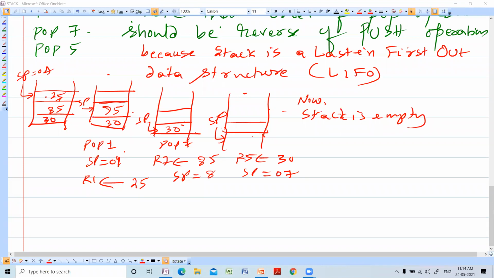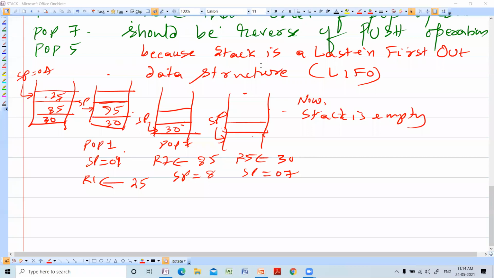It's a very important concept, stack, and the sequence of operations performed by push and pop operation. This is very important as far as the examination is concerned. Till here, whatever we have seen is how the programmer is using the stack for push and pop operation in his program.